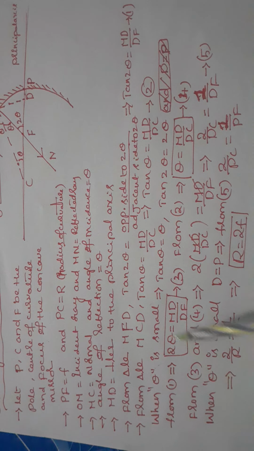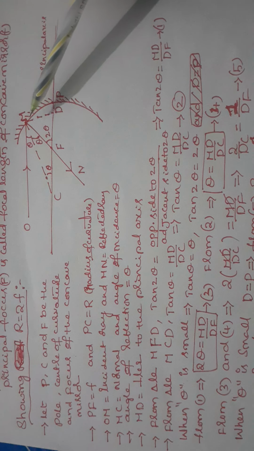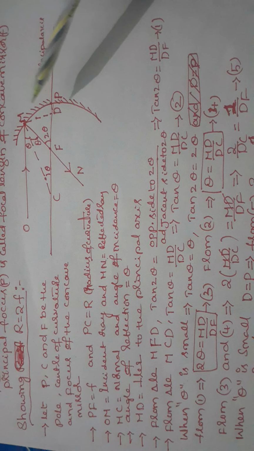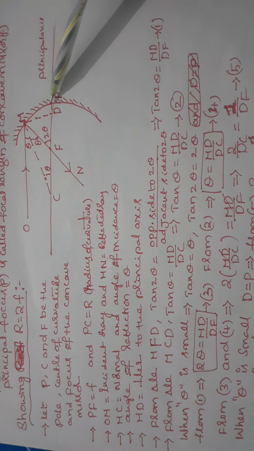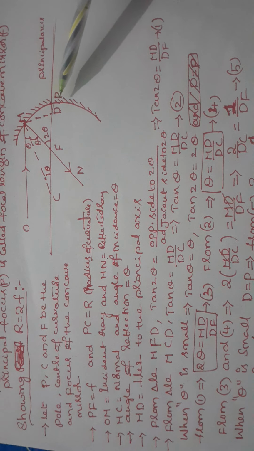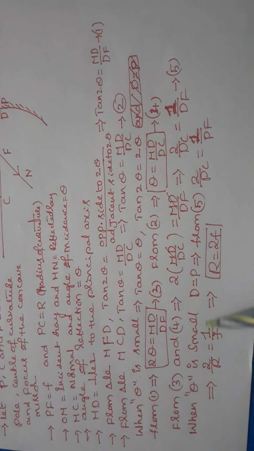So again, students, here the principle we are taking is that theta is very small. When theta is very small, you can see the point D coincides with B. The perpendicular line is there between M and D. When the theta value is very small, the perpendicular line meets the pole P, that is why D coincides with P. So when theta is small, D is taken as P.